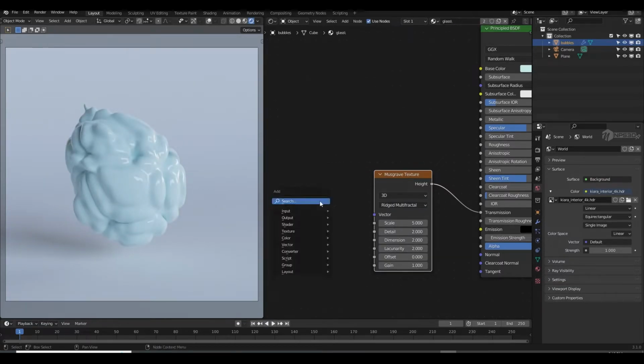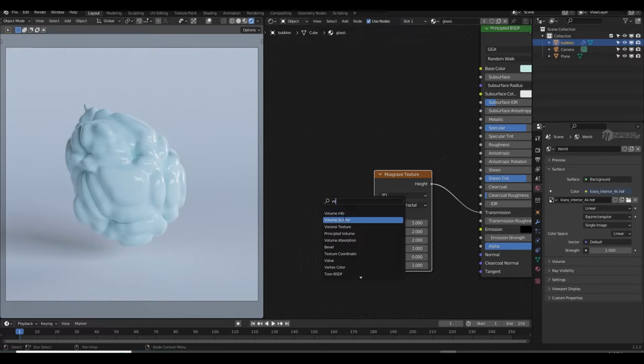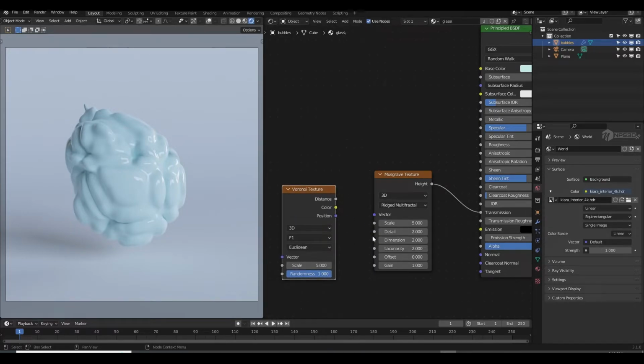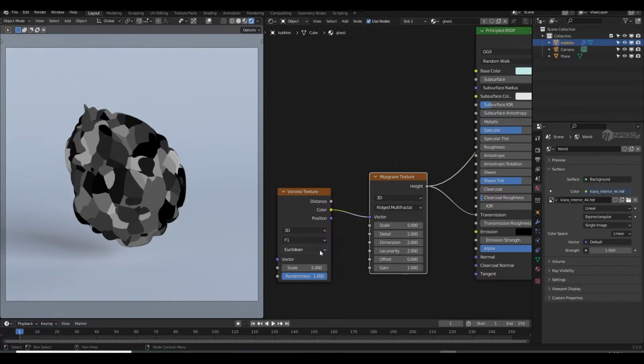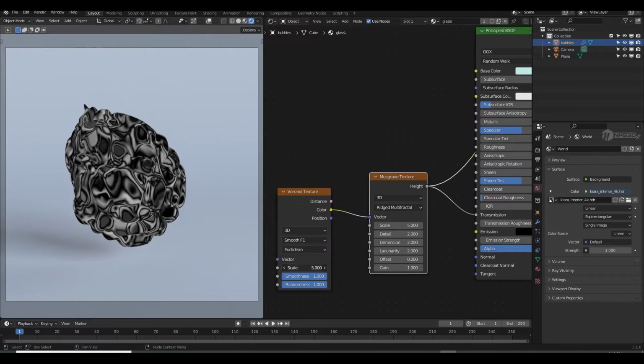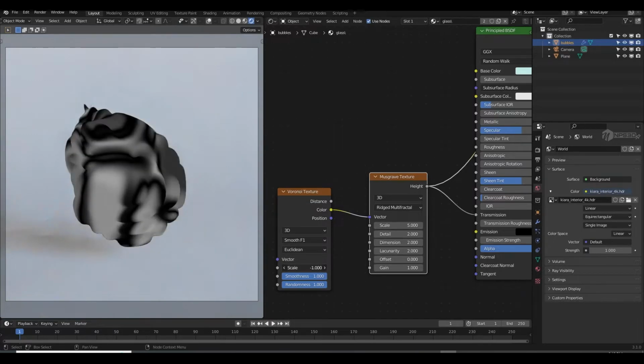Then I will add a Voronoi texture and plug the color into the vector. And if I place Ctrl Shift and click on this Musgrave texture, I can see what's going on. So first I'll make the F1 into smooth, and then I can just scale down,